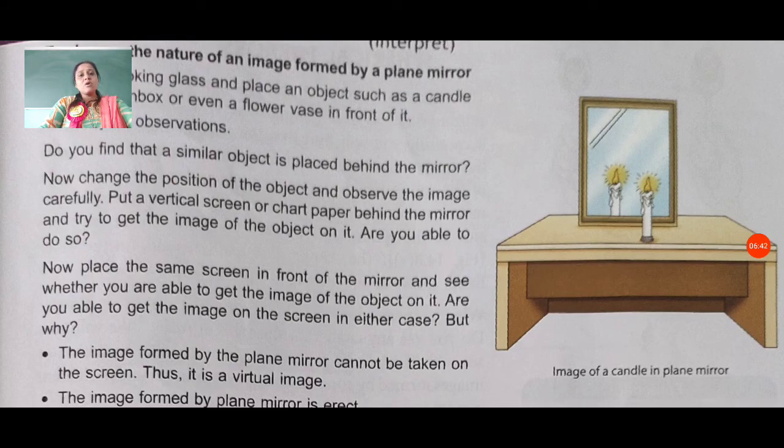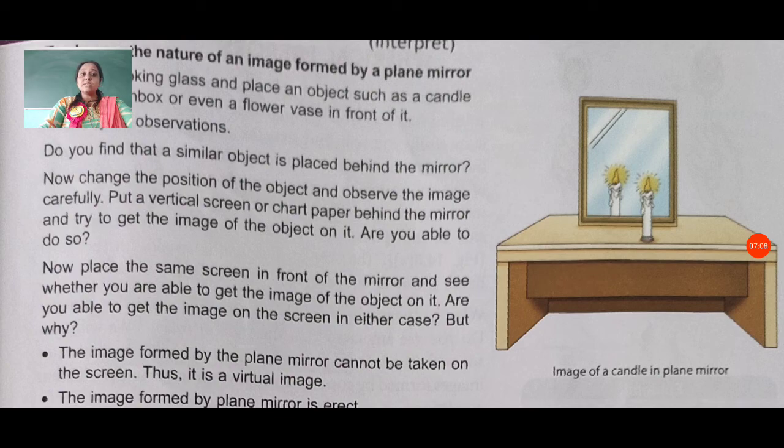For this, we have another activity that all people use in the morning when we want to go somewhere from our home. We use a mirror for looking at our own face. When we look in the mirror, our own face is created, like our face seems the same in the mirror. This activity also proves that.